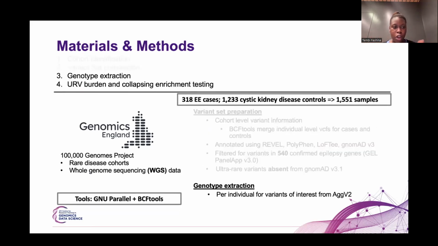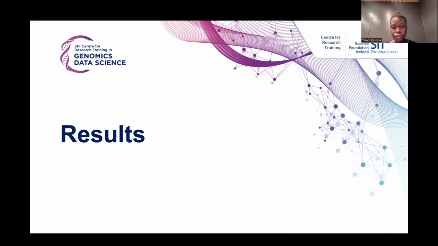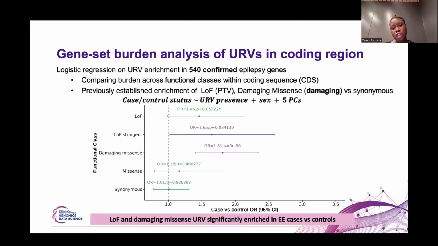So following all that preparation, I did genotype extraction for my variants of interest for each individual and ran ultra-rare variant burden and collapsing enrichment analysis. So in regards to the results, the first thing I'm showing you here is the gene set burden in the